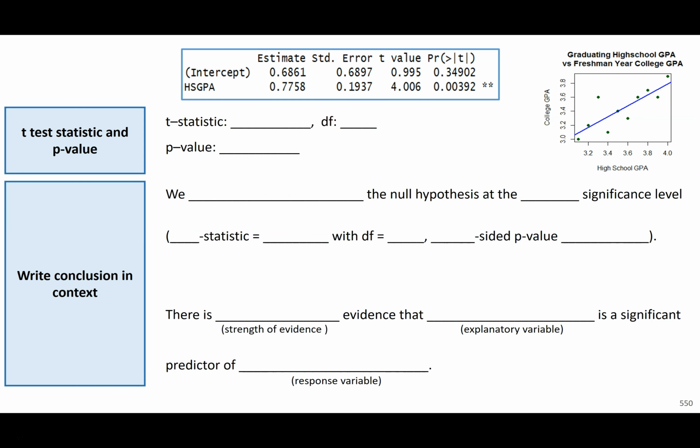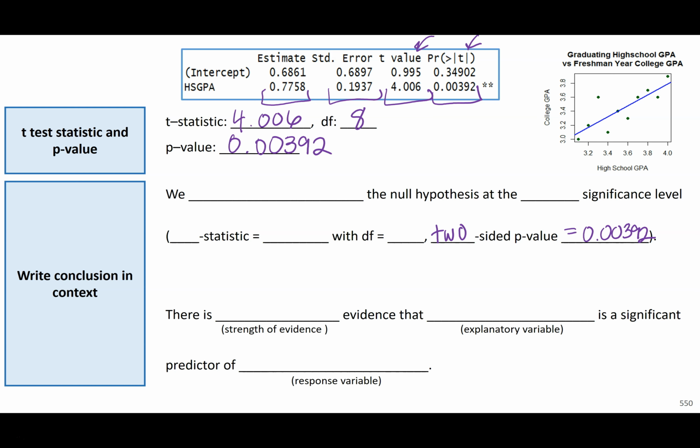So we're going to fill this out. This is a 2-part conclusion. Here's my estimate, my standard error, my t statistic. It says t value, but just know that's my t-test statistic, and then my p-value. So looking here, my t-statistic was 4.006. My degrees of freedom are 8, because it's 10 minus 1 minus 1. My p-value is 0.00392. So just plugging into here, it's a 2-sided p-value,